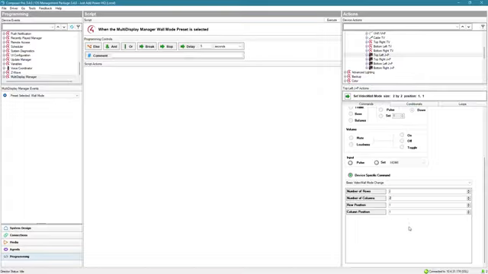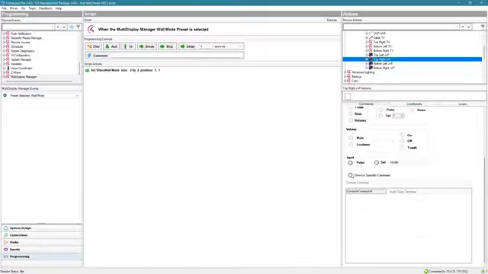There are 2 rows and 2 columns in this wall. And the top left TV is row 1, column 1. Green arrow, drag over. So now the top left TV is in video wall mode. But we have to do that for all of the TVs in the wall. So we'll do our top